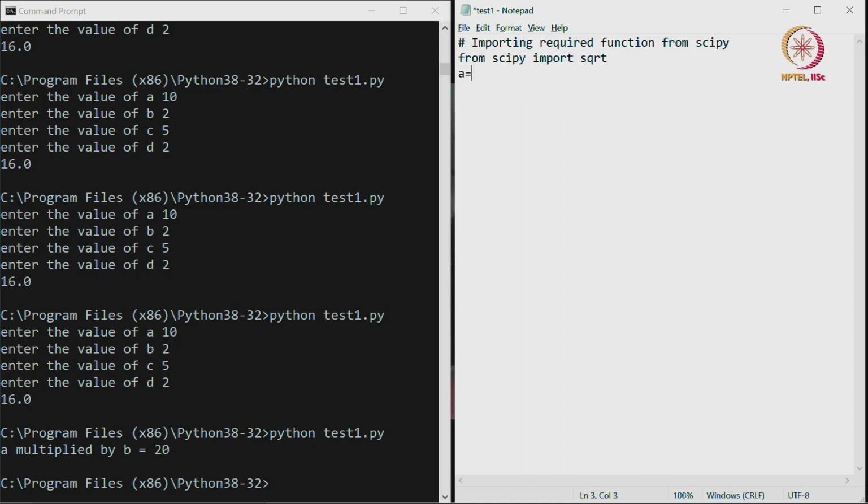A equals, I will put input, enter the number, it should be within quote. Then I have to convert it because it's a numerical computation we'll be doing. This is coming as string. Right now A is a string, so we have to convert it to some integer value or floating point value, and then I'll define y as